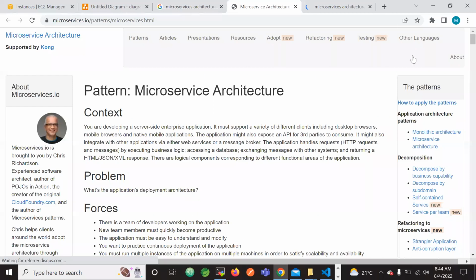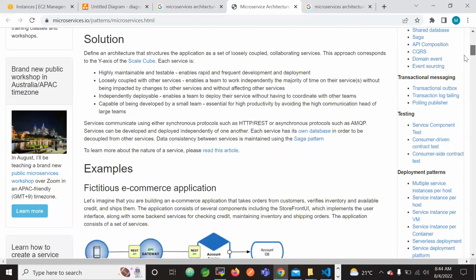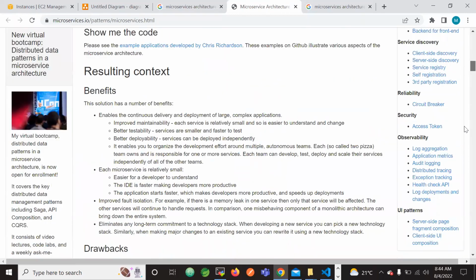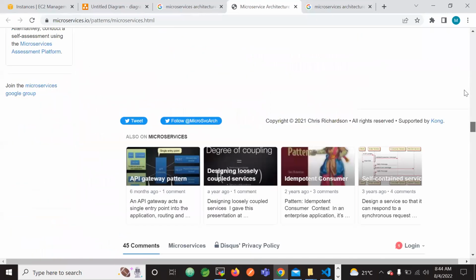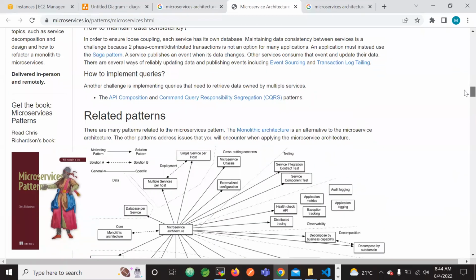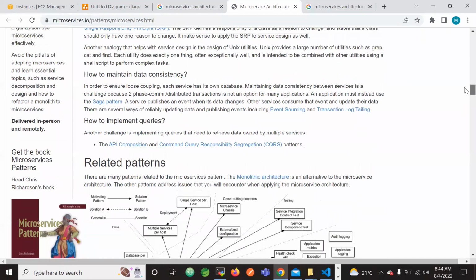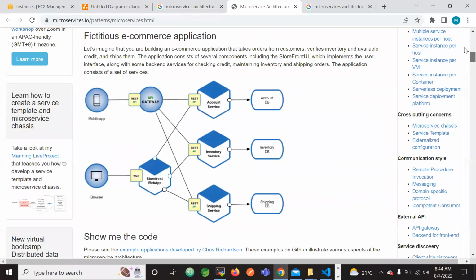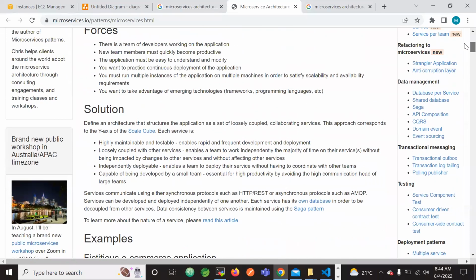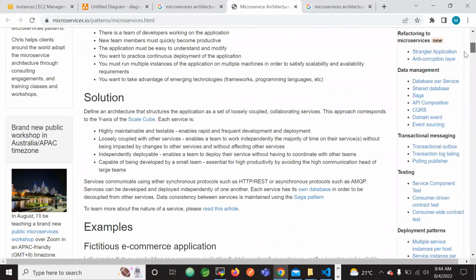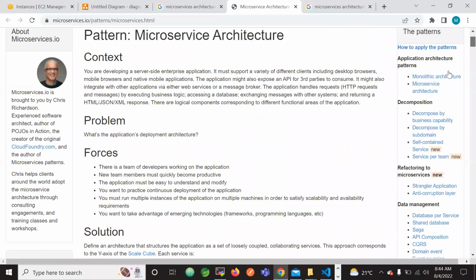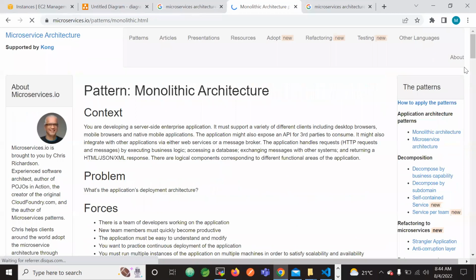This is our reference site for referring to the microservices patterns. The book, Microservices Patterns, is also published by Chris Richardson. The same book we can refer to. Of course, I'm following this site and the book also. However, what I would like to showcase you is the monolithic architecture. So just scroll down,